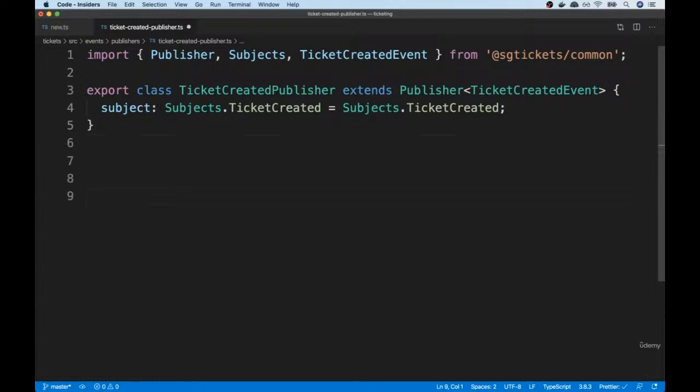And now in theory, in some other file, we can import this publisher. We can create a new TicketCreatedPublisher, pass in our NATS client, and then publish some kind of ticket or something like that. All right, so let's take a quick pause right here. When we come back in the next video, we're going to figure out how